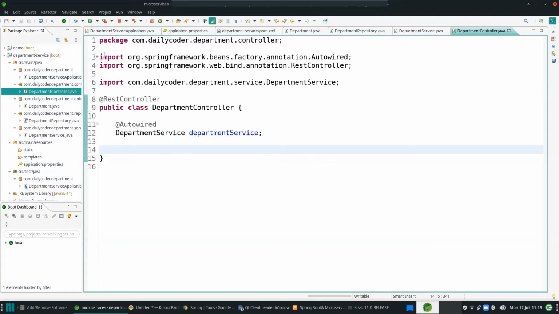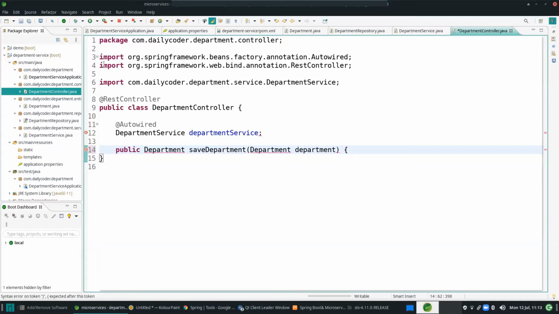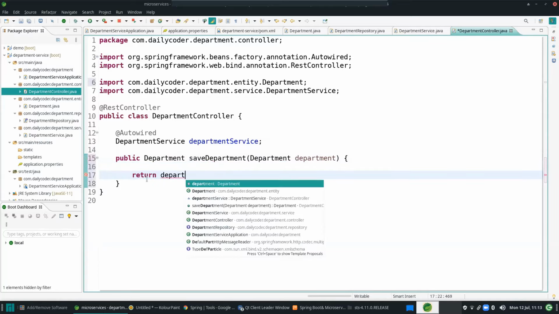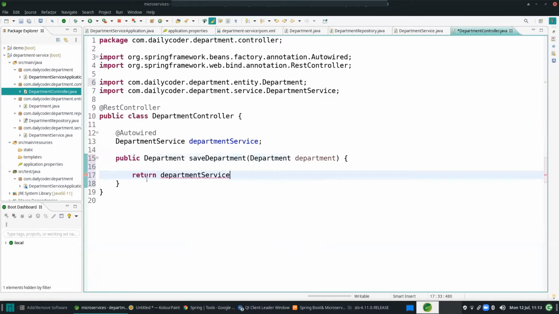So, public department save department. What you will get from department. So return department service dot save department, and you will pass the department here.